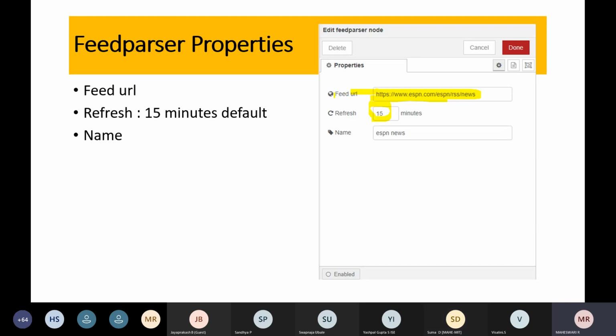In the feed parser, we are supposed to provide only the URL. This is going to hold the news link, the XML link of the news. This link only is going to be subjected to processing, or we are going to process something on it.